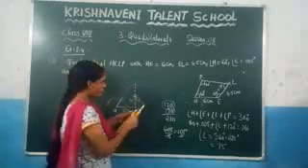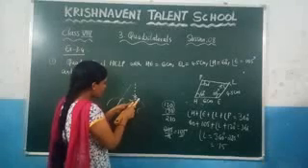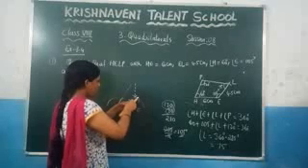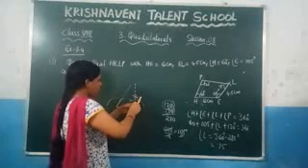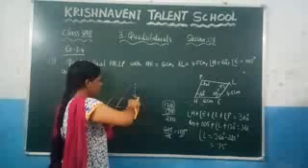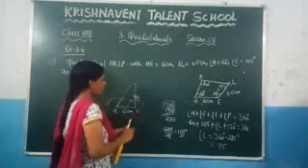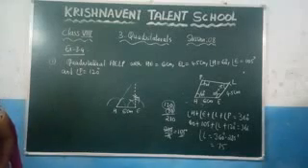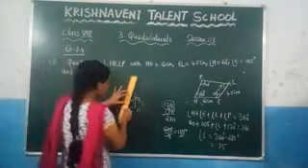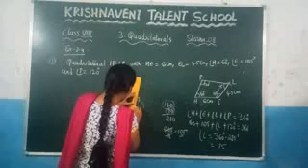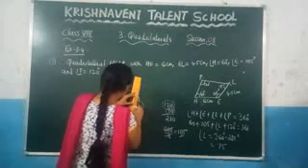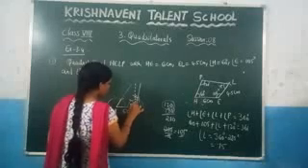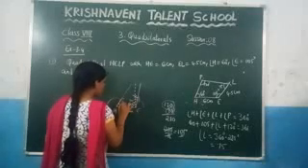So take more than half radius here. Like this keep one arc and here like this keep one arc. So here this is nothing but 105. Now join this with the help of the scale. So here this is nothing but 105 degrees. Like this you need to construct with the help of the compass.